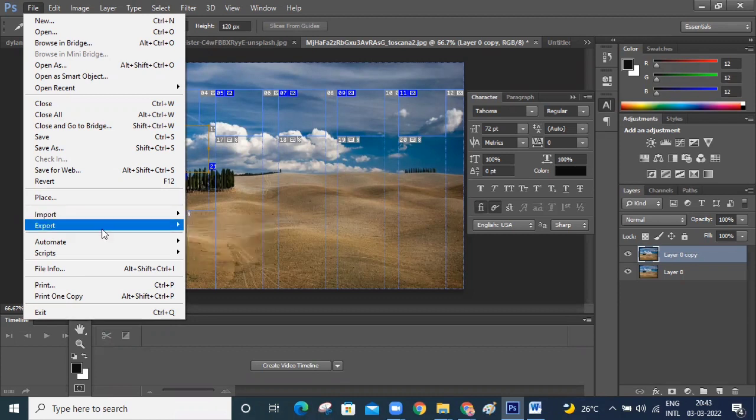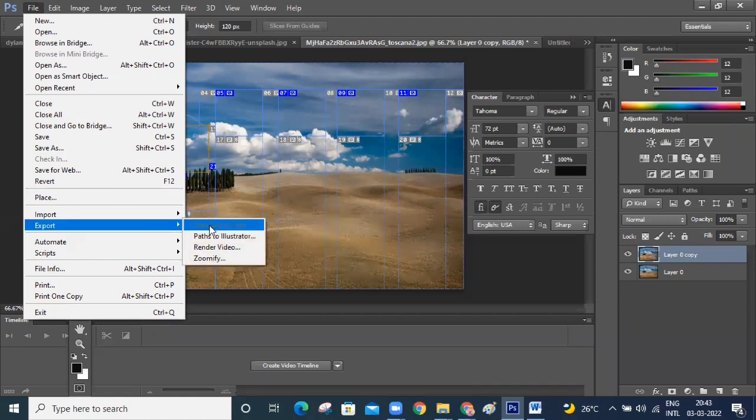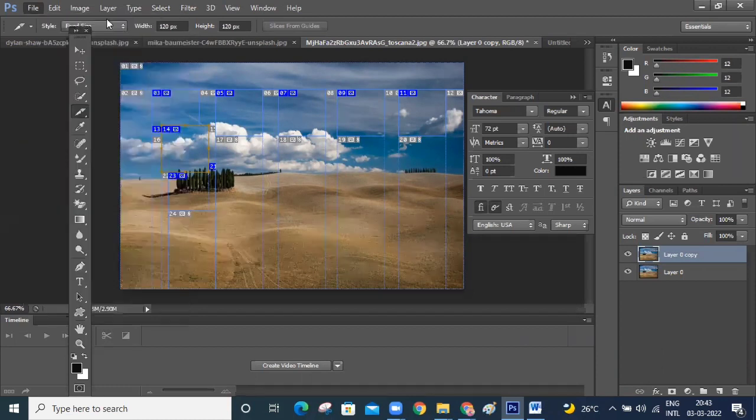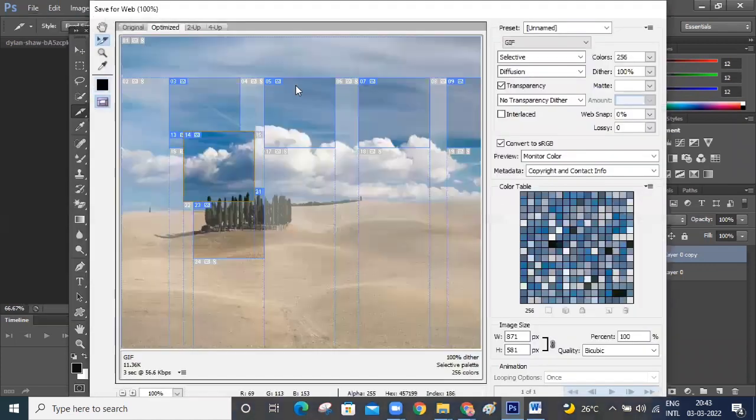In this, that option is not there. Actually, I'm not finding this option. Directly they have given in this version, Save for web. Okay, you are able to see this Save for web. I'm clicking on Save for web.